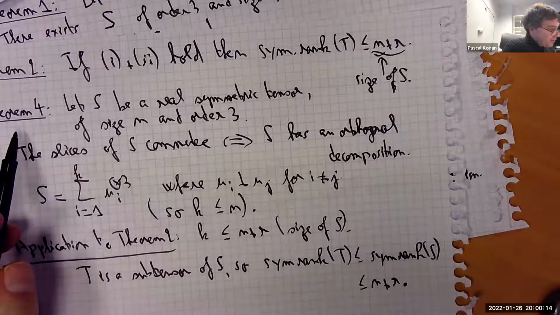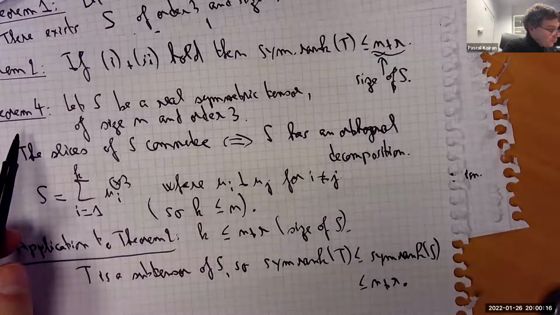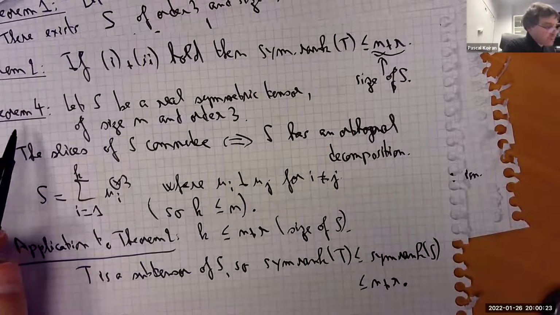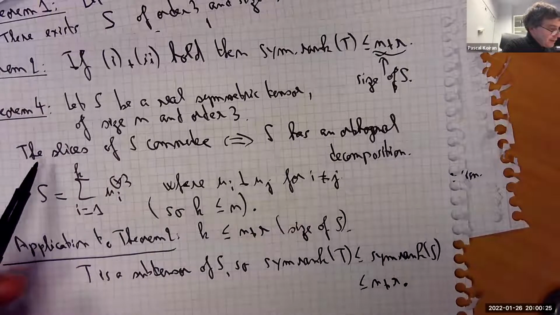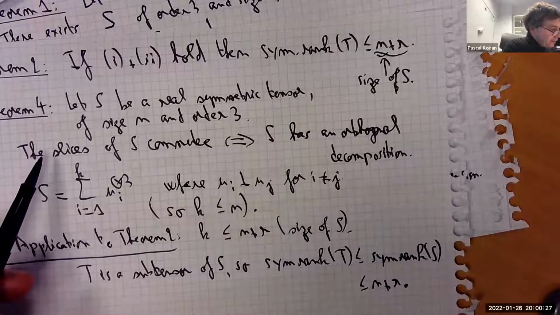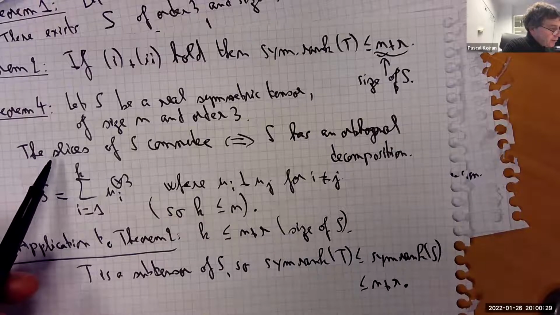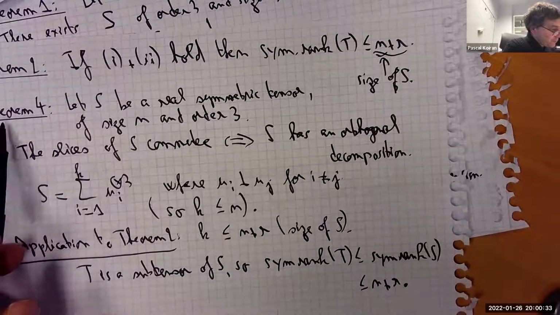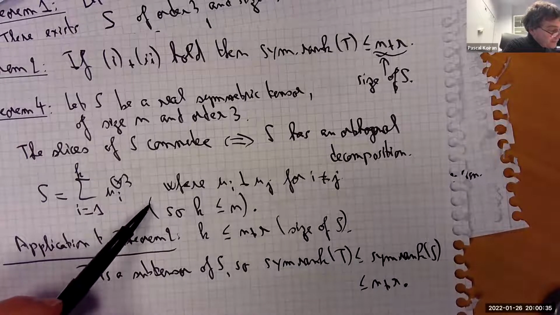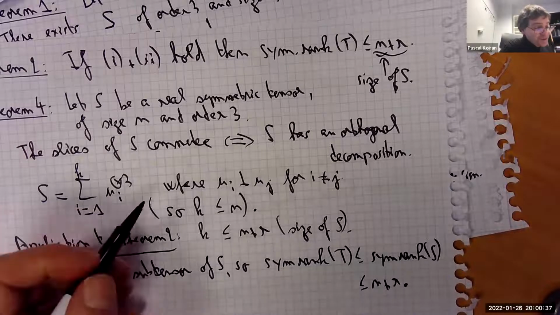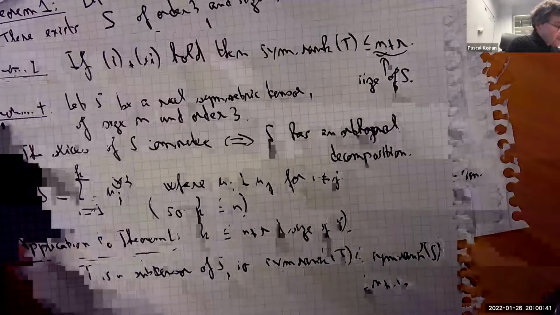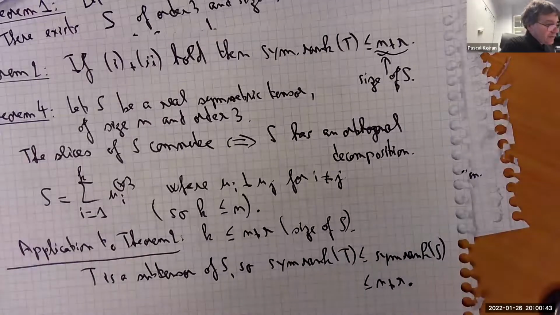Now I see that I'm out of time, but you can also deduce theorem 1 from theorem 4 with a little bit more work. I don't have the time to explain the proof, but it's going to be based on the fact that real symmetric matrices are diagonalizable in an orthogonal basis, or in an orthonormal basis.